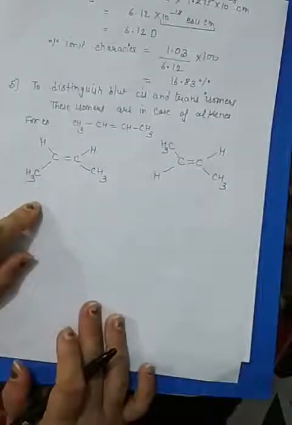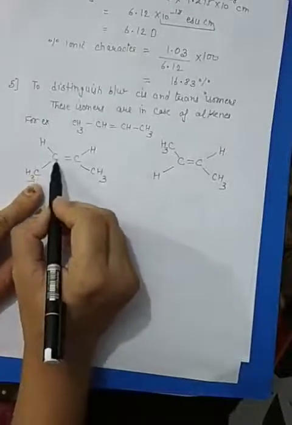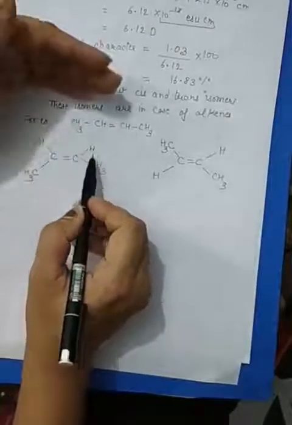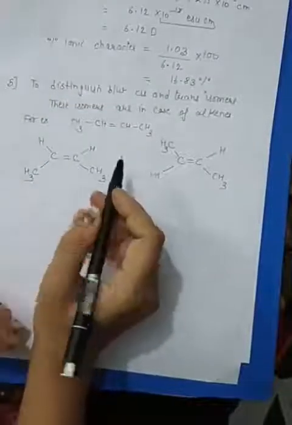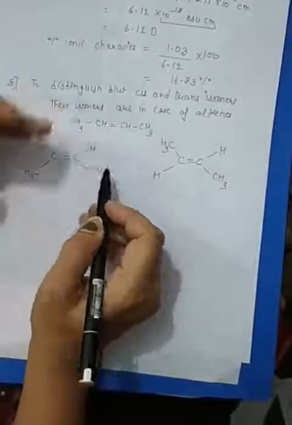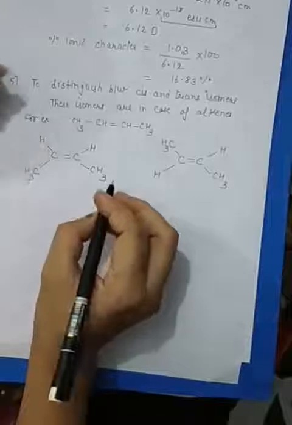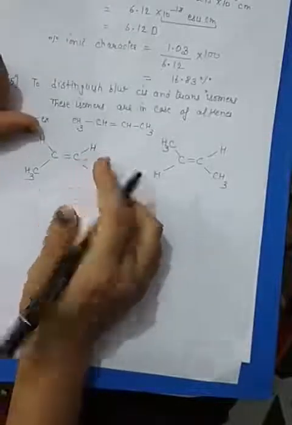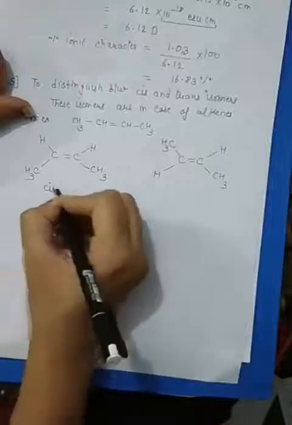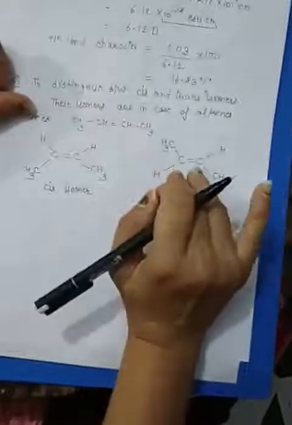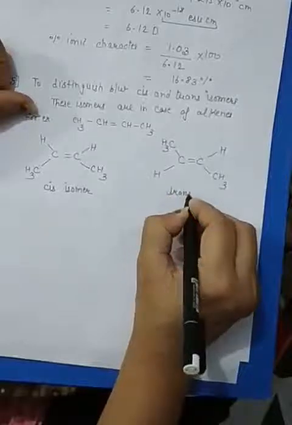If we see clearly, then here to the double bonded carbon, both the hydrogens are present in one plane and methyl groups are present in one plane. These hydrogens are above the plane and in the same direction, and methyl groups are in the same direction. If same atoms or groups are present in the same direction, then it is called cis isomer. And if the same groups are present opposite to each other at the double bonded carbon, then it is called as trans